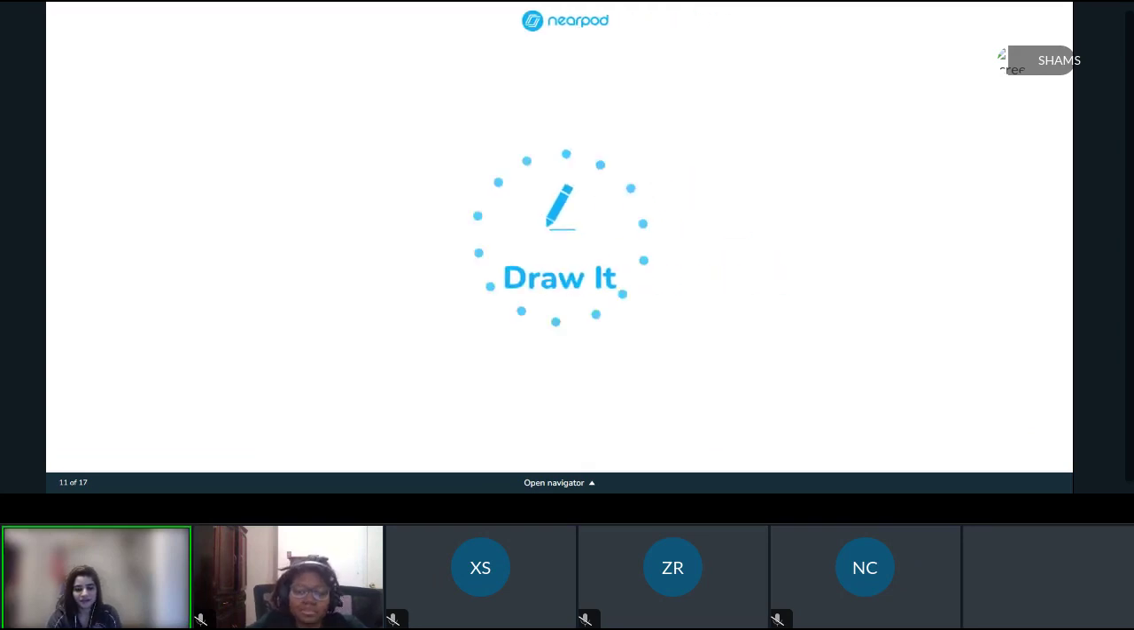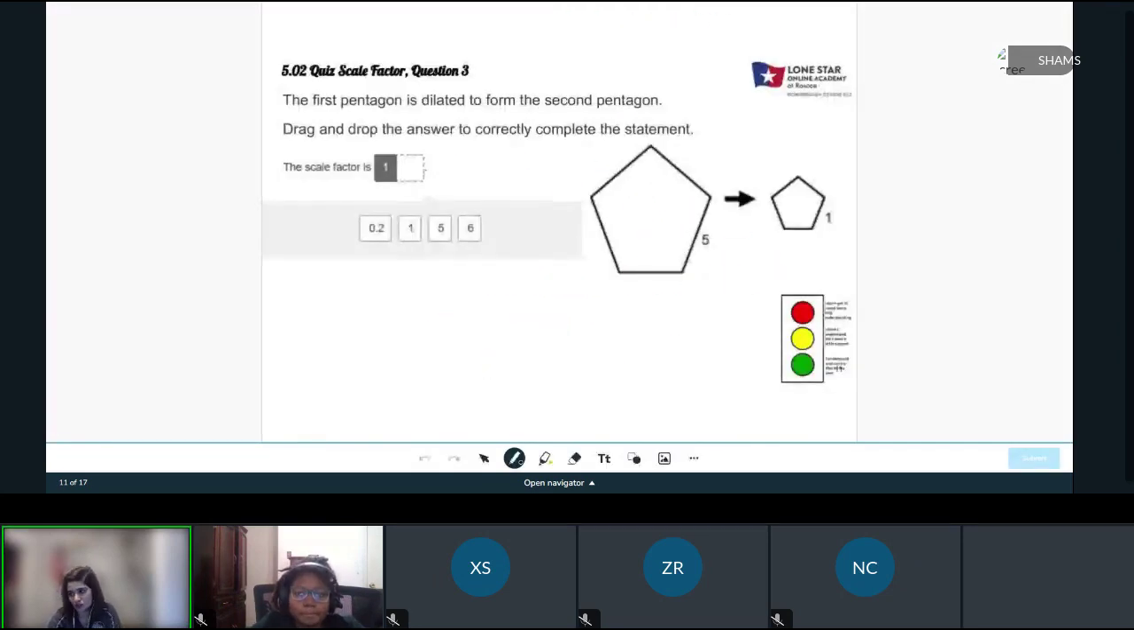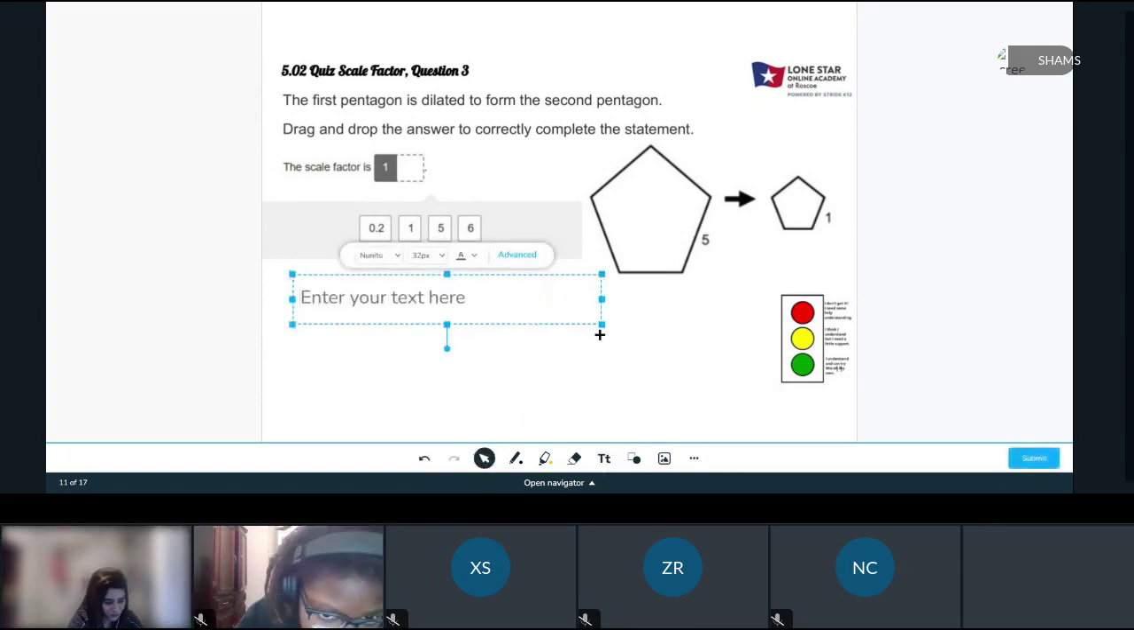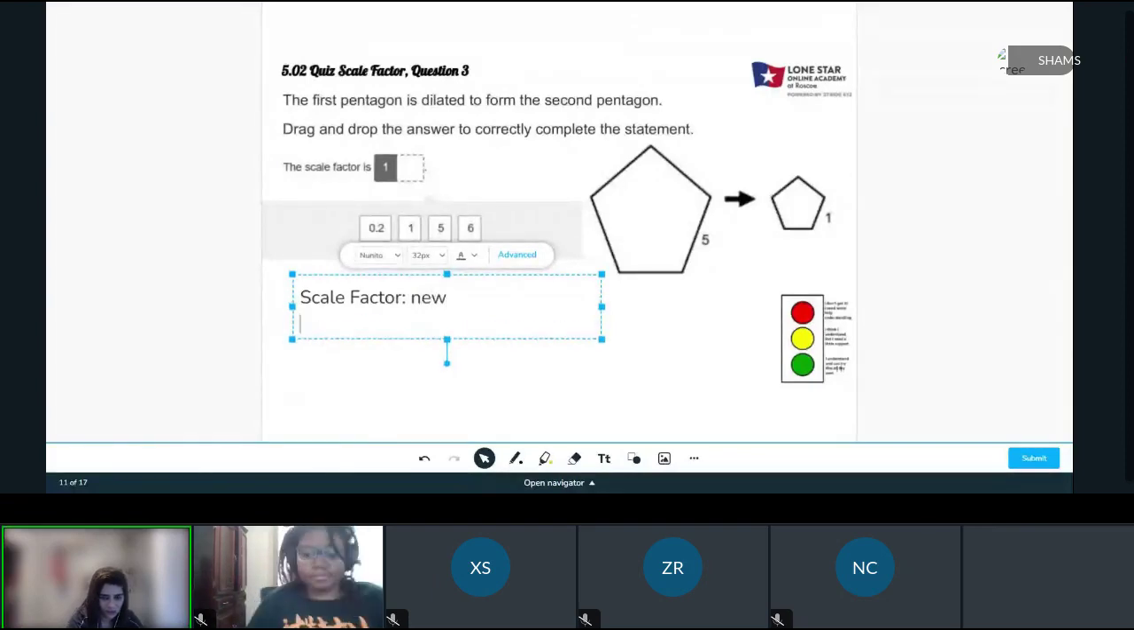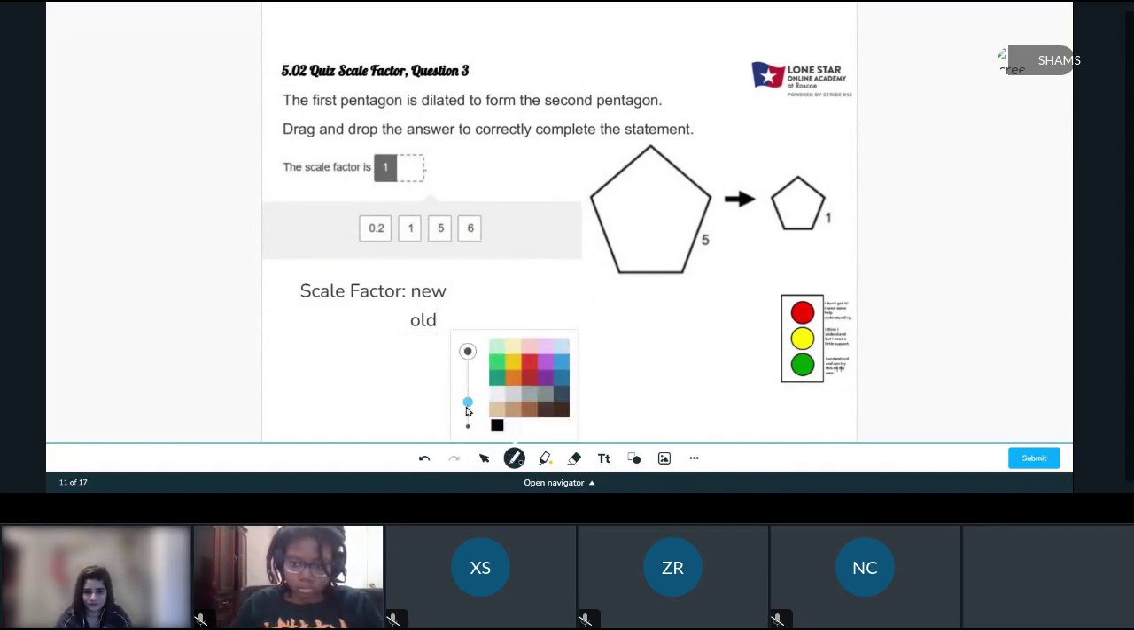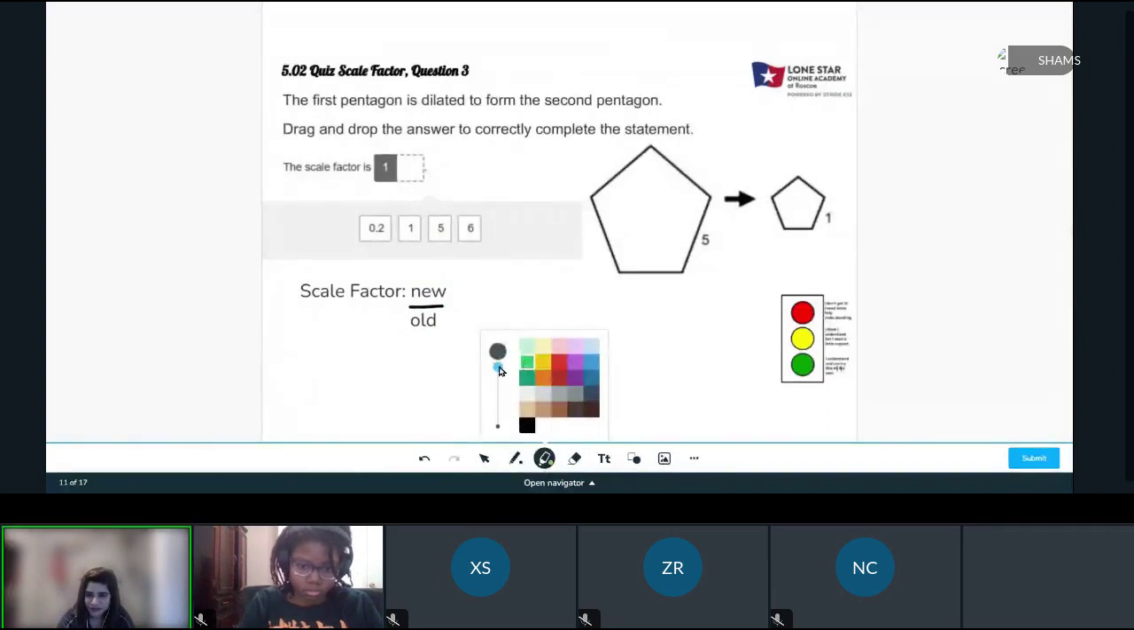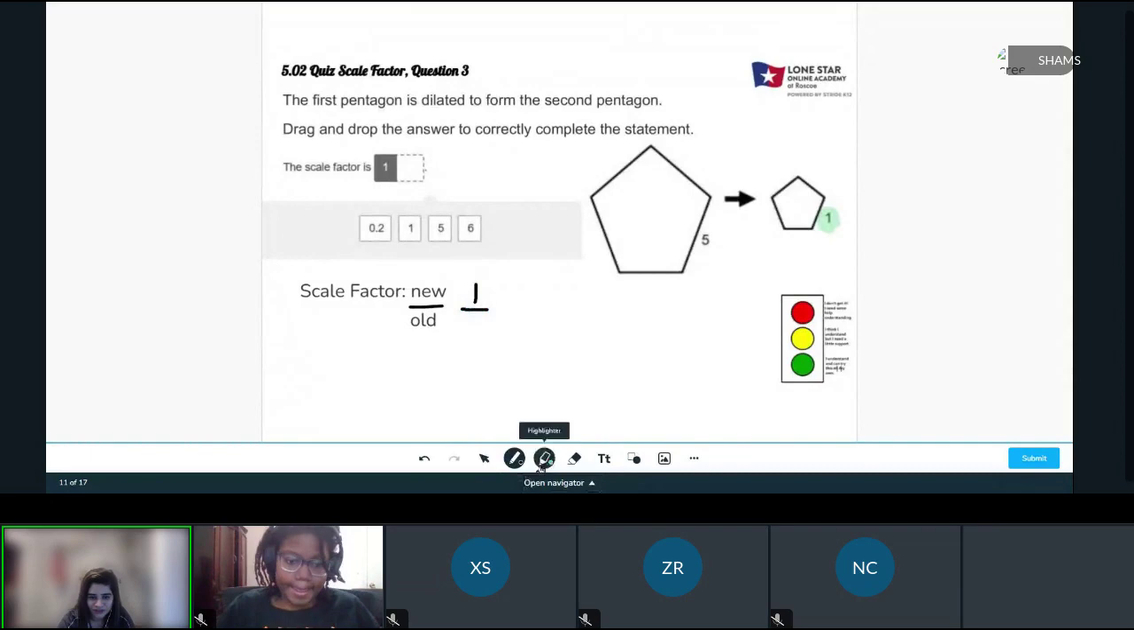Okay, here is question 3, variety 2. Variety 3. Question 3, variety 3. Let's do scale factor. New to old. And let's go to the new shape. Mark our side. Side is 1. Corresponding side in the older shape is 5. So 1 over 5